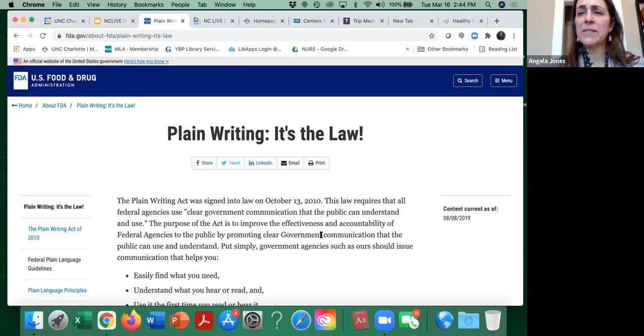I know a lot of times, especially with legal documents, you get a lot of pushback from the legal community about, you know, again, it's a CYA thing. We want it to be written in a certain way so there's no mistaking what we mean. This is the legal jargon and the legal tone. And even in healthcare, we get a lot of pushback from our risk management and legal team, and we're like, but if they don't understand what a DNR is, then how is that helpful? And for folks who don't work in healthcare, DNR is the do not resuscitate,